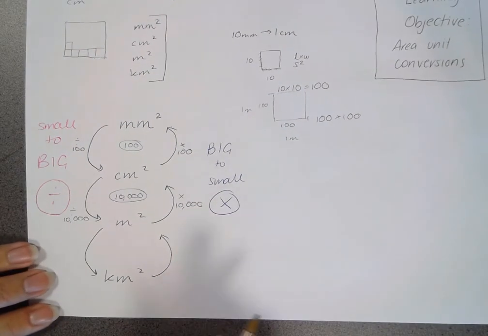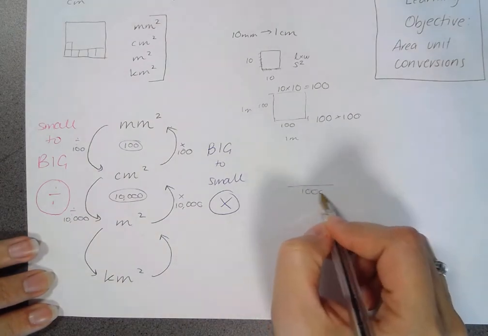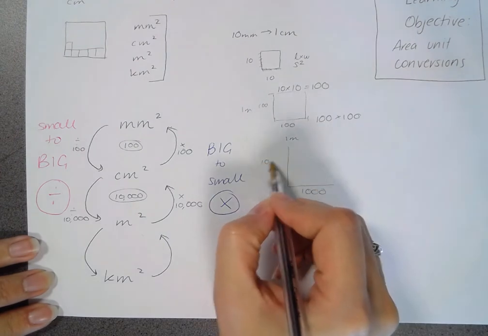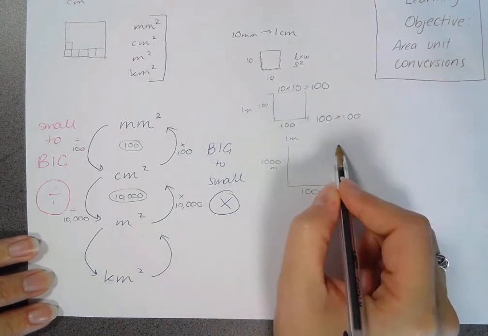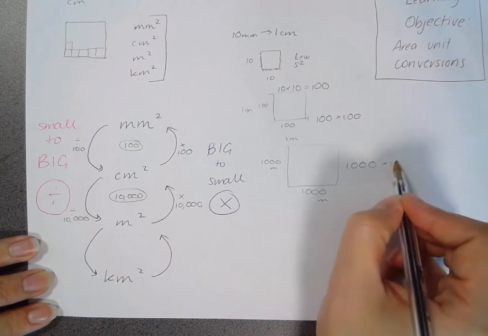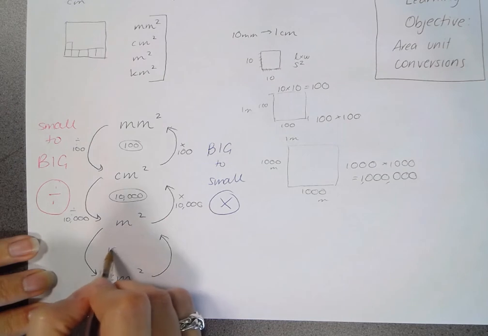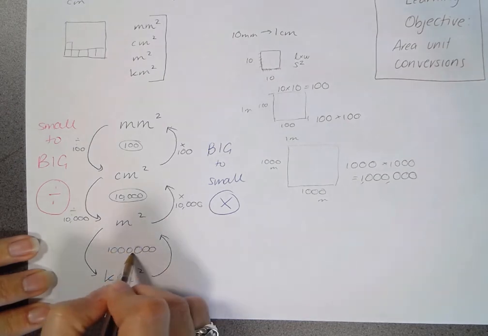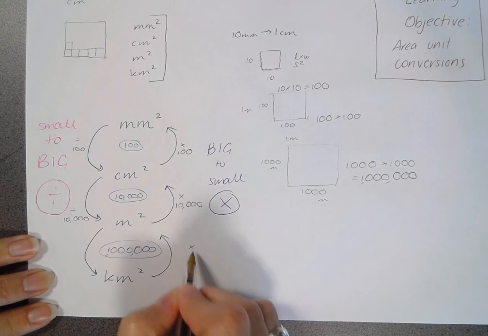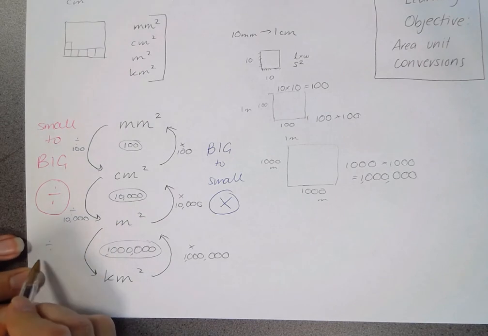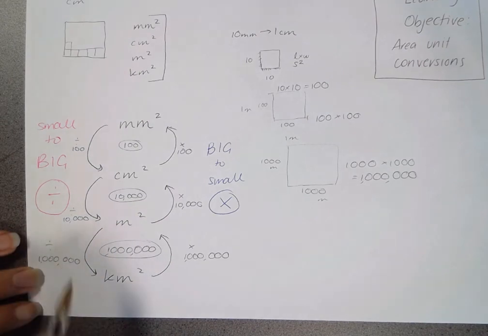Alright, next one. We have to go from kilometers to meters, or back again. So 1 kilometer is 1,000 meters. If we had a square kilometer, we'd have another 1,000 meters on this side, and 1,000 times 1,000 equals 1 million. There's 6 zeros on that one. So you can see these numbers are huge. If we went from squared kilometers to squared meters, we would times 1 million. If we went from squared meters to squared kilometers, we would divide 1 million. Okay,